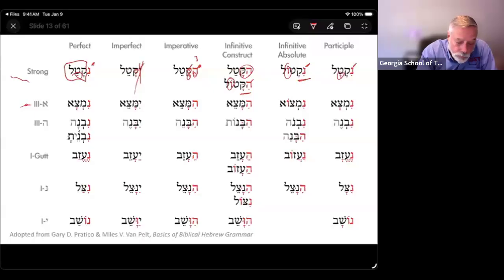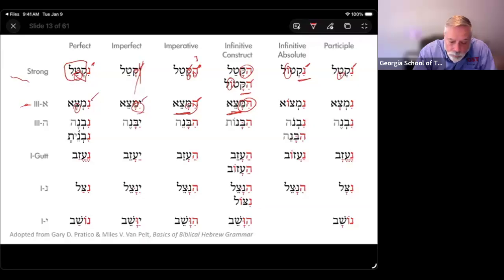Well, the third aleph keeps its noon, and instead of having the patach as compensatory lengthening, or I think it's compensatory lengthening, I could be wrong, and the qamets, we retain our prefix for the imperfect, and we retain our noon for the Niphal in the dagesh, and all the other diagnostic features remain the same. The same here. The only difference is we got this hay added in order to maintain the diagnostic features. The same there. How do you know the difference between a third hay